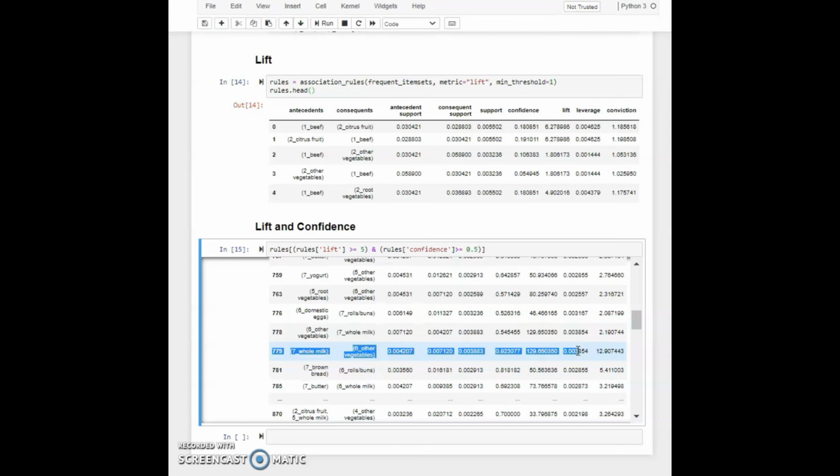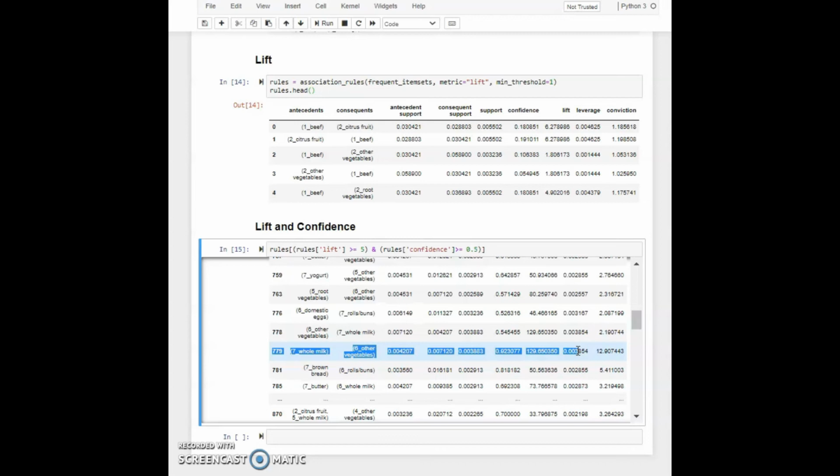This indicates a high likelihood that C will be purchased in the same transaction if A is purchased. In other words, a high likelihood that the other vegetable will be purchased in the same transaction if milk is purchased. And looking at the confidence, we have a value of 0.92, indicating a high degree of confidence in this prediction.